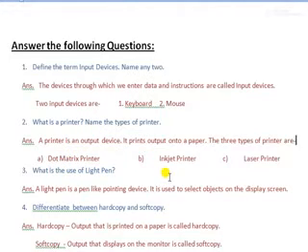So these are the 3 types of printer, but here we need not explain dot matrix, inkjet and laser. In the answer you need only write down the name. It is asking for the name only, so we have written only the names: dot matrix printer, inkjet printer and laser printer. Okay, now let's move to the third one.